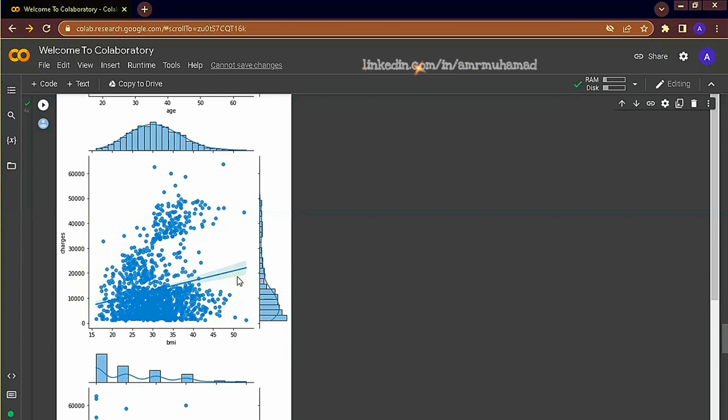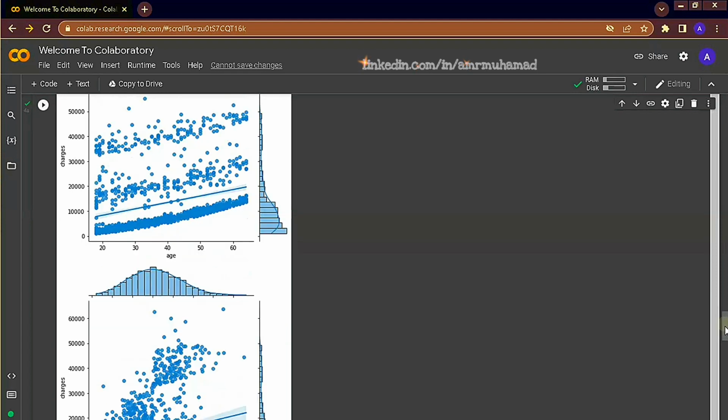we also tend to see an increase in charges. The shaded area around the line represents possibilities where the line can be fitted. So the line can be shifted upwards a bit or can be shifted downwards a bit. Of course, we are fitting a regression using a single variable, and as we add more variables to the equation, the line tends to change, and of course the formula of that line tends to change.